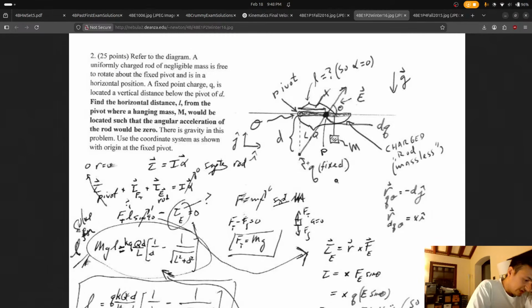But E_y is going to be equal to E cos theta j hat, perpendicular. So then this is going to be equal to kqd over R cubed j hat. Now dq is going to be equal to